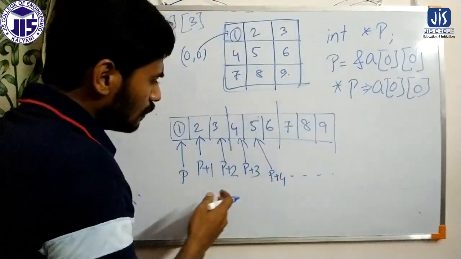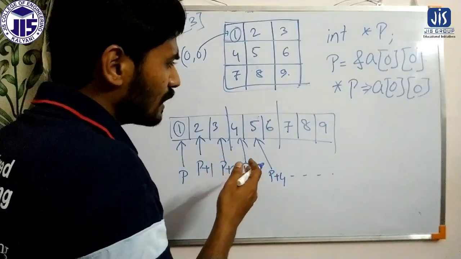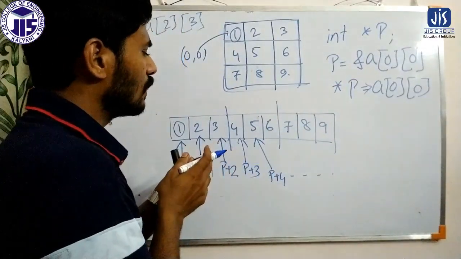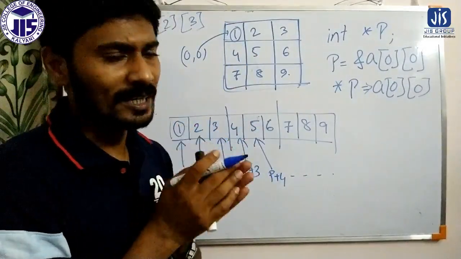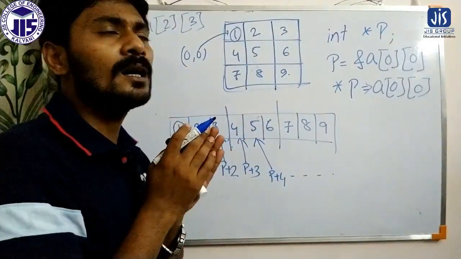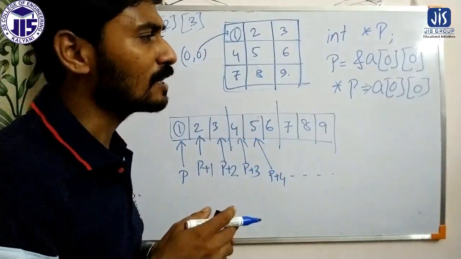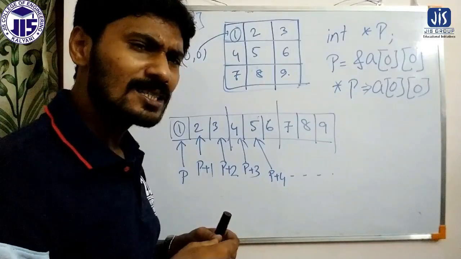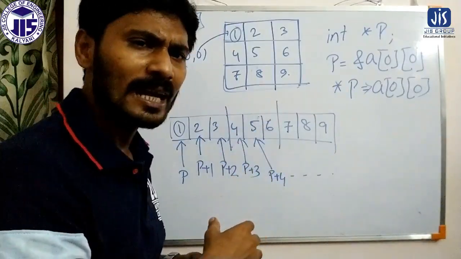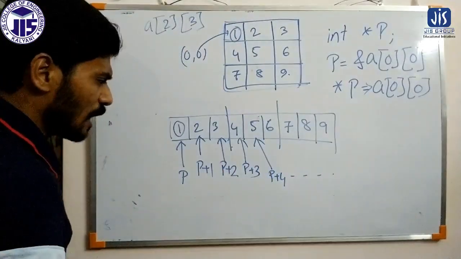Now that is a simple process. There is also a very simple formula that I am showing here, because we have taken a very small matrix. If there is a very large matrix where the number of rows and columns is huge, in that case directly by using this concept we can access any element in a two-dimensional array.